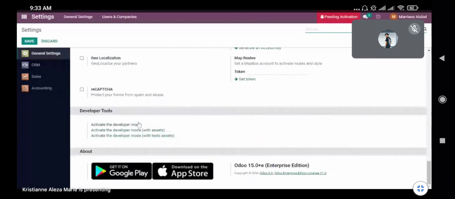Pupunta lang tayo dito sa general settings at pinakabangbabang part. So, punta tayo sa developers tool and then activate natin yung developer mode. Copy? Nasundan, class? So, sa general settings, scroll down nyo lang and then to the developer tools, activate natin yung